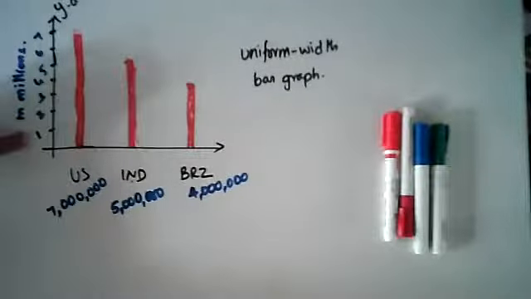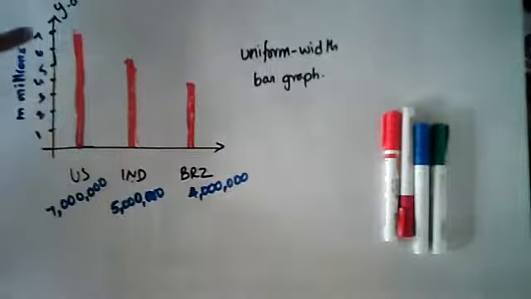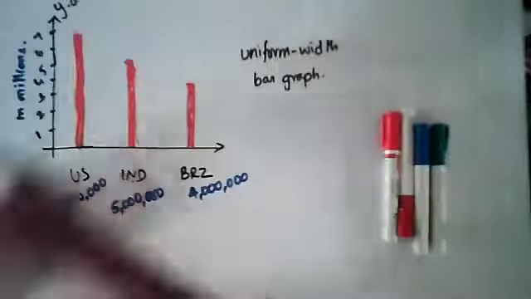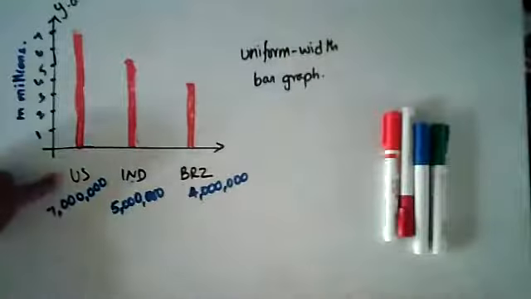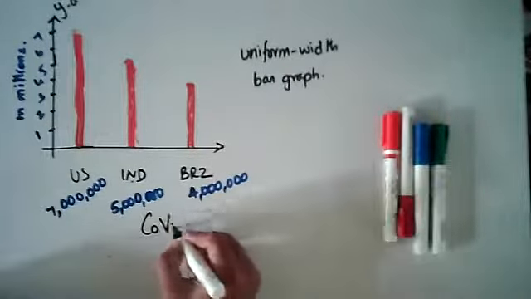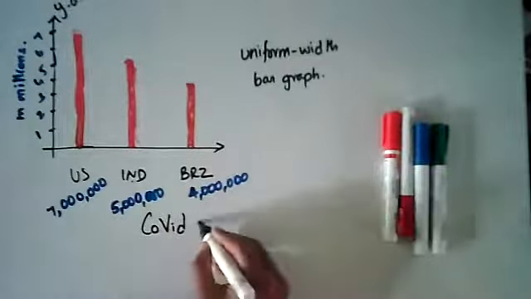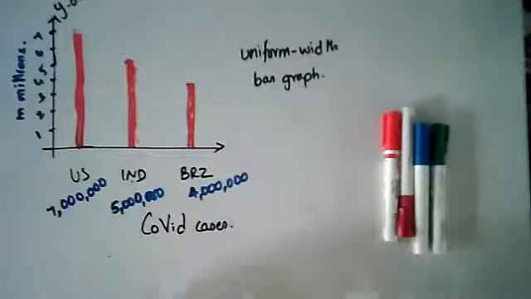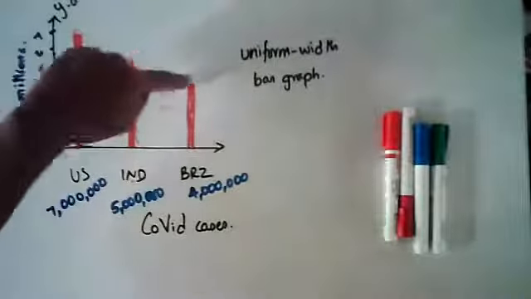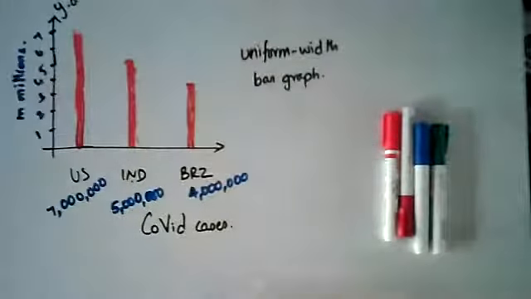It's taking the population in millions, so 1 means 1 million, 2 means 2 million, and so on up to 7, which I have put over here because that is relevant for us. Now I show the number of people in the US who have been infected historically with COVID. So this is the COVID caseload. So 7 million, India is approximately 5 million, and Brazil is approximately 4 million.